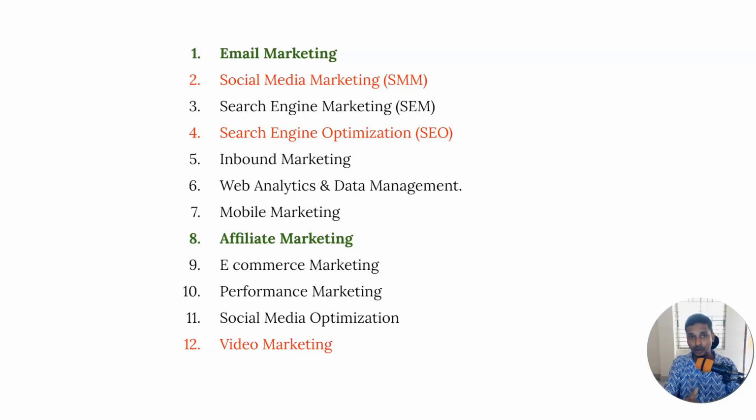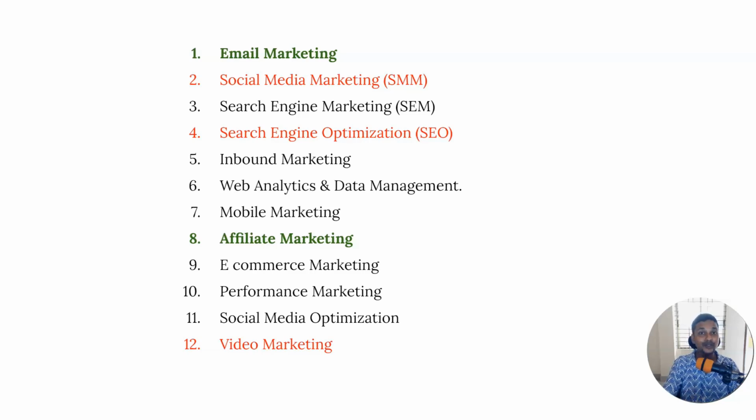Look at number 1, at the top. I mark email marketing with green color because email marketing is an evergreen digital marketing method. A lot of things have changed and a lot of platforms or methods have appeared, but email marketing has not changed or gone down until now. You can think about Skype. Skype was the most popular platform for video calling or video meetings, but right now no one likes to use Skype, and most new online users don't like to use it. People like to use WhatsApp or Imo, Google Meet or Zoom, but at the same time people are using email, and most internet users first check their email in the morning. So I hope you understand why I mark email marketing with green color